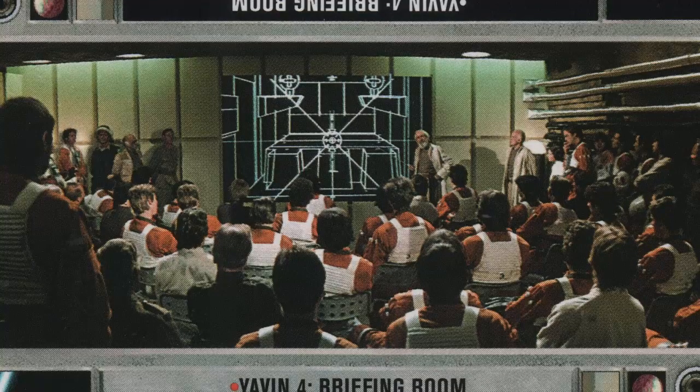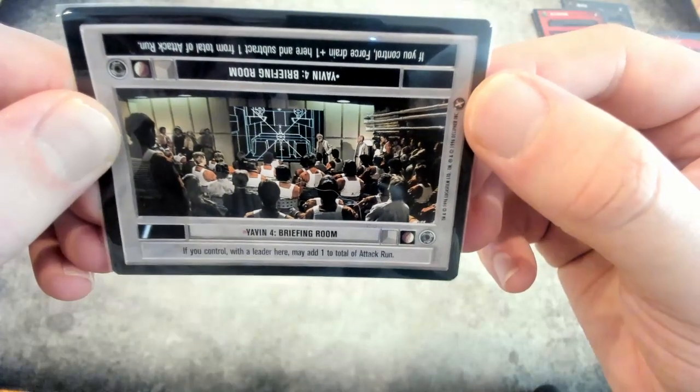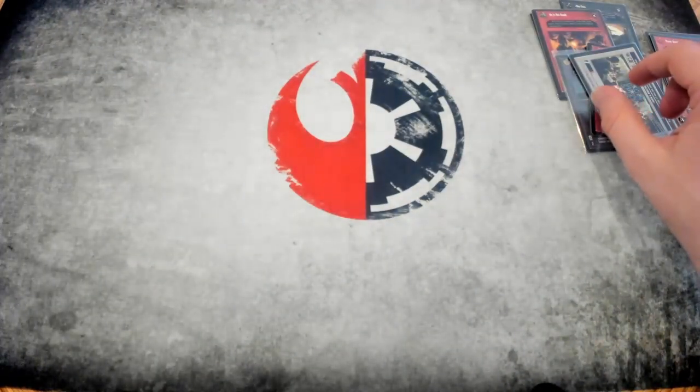So maybe if you guys have one at home and you want to take a look and see if you can spot, it's like where's Waldo, but where's Warren Holland? He's somewhere in this card here. So I thought that was kind of a fun one. And then this one is